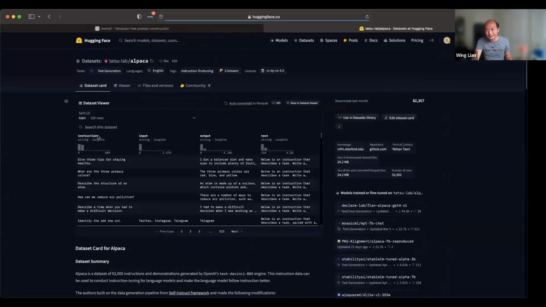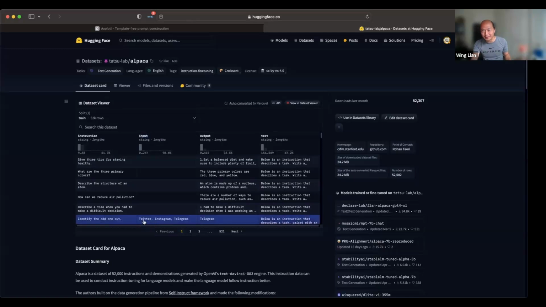Typically this is the instruction, so here's the prompt. The input is a follow-on to the instruction, like "identify the odd one out," and these are the inputs to this instruction. A lot of times these can get combined.